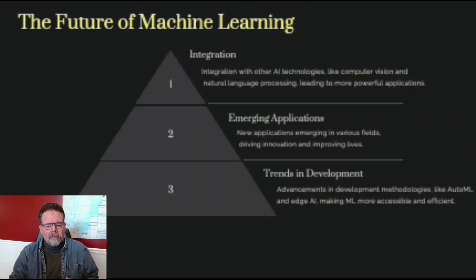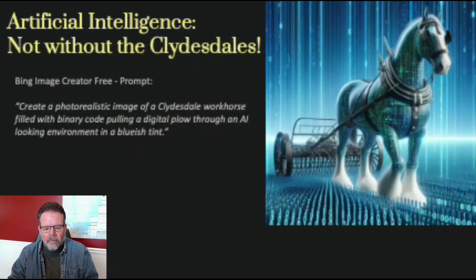But when you put it all together, the way we go forward here is that machine learning is simply going to continue to evolve and evolve and evolve as it gets integrated with more other AI technologies, which is going to create more powerful applications. There's no way around that. So the limitations are things we have to face, but as I like to say, this genie is out of the bottle. And what we're trying to say here with this pyramid structure is that all AI advancements build upon this machine learning foundation.